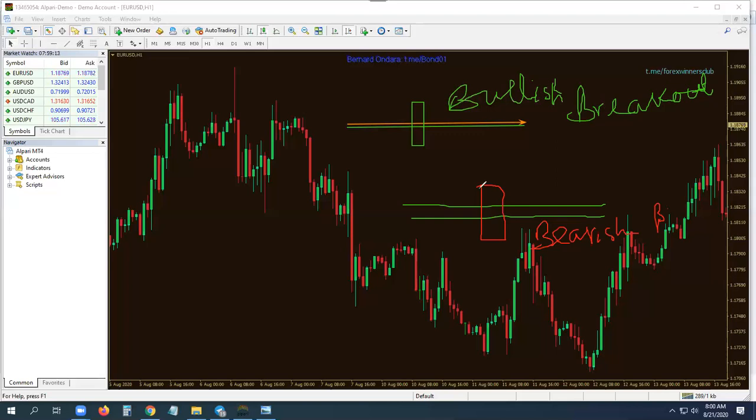Okay. Is there a point that you can have the two? Is that a case where you can have the two happening at the same time? No, it's not possible to have the two at the same time. It is not possible to have the two at the same time.